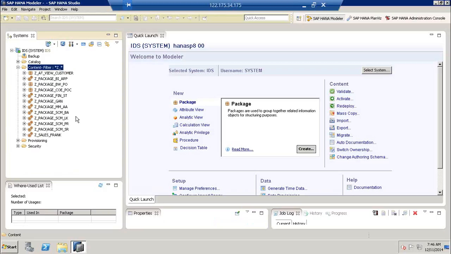So we go to our package, sub-package, and then yesterday we were able to create the analytic privilege. Let's open it. This particular analytic privilege is applied to these two views. So whenever a reporting user tries to create a query or a